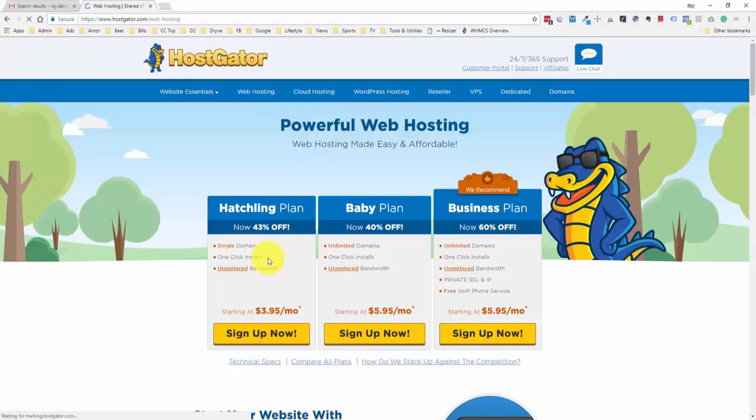If you're a complete beginner, there's probably a 95% chance that all you're going to need is the hatchling plan. This is for a single domain, so if you're building one website and you want to get started for the lowest cost, this is what you're going to want to go with. Now, if you want to set up unlimited domains, you can upgrade to the baby plan or the business plan. But for this video demonstration, we're going to go through the hatchling plan, and we're going to click the Sign